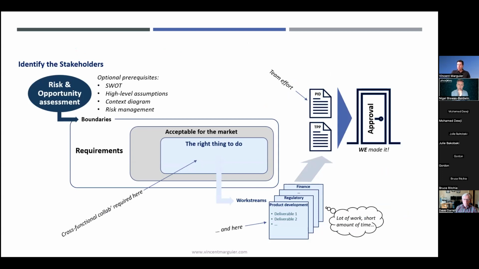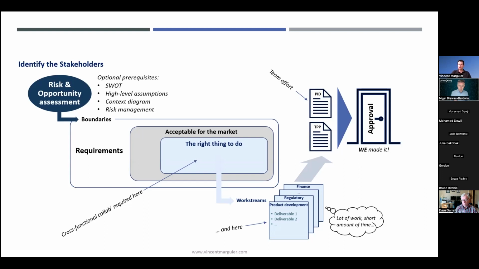So as a conclusion, what we've seen today is yet another way to start a project. It requires a bit of preparation up front, depending on how best the project manager wants to run this approach. So remember SWOT analysis to involve the team with the environment and the context of the project. High-level assumptions to make the team map out some rough ideas within the framework.